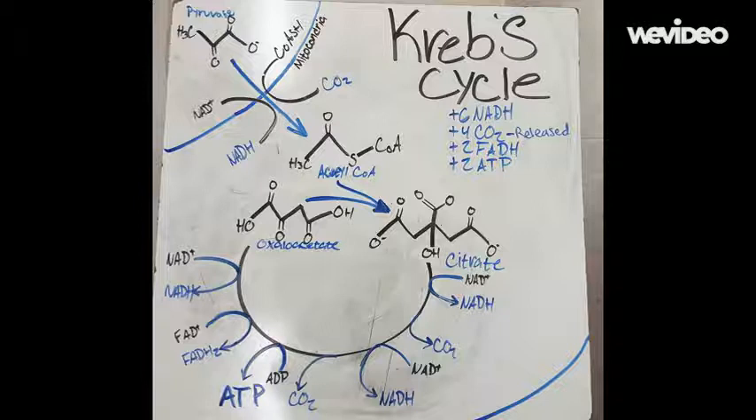Citrate will then lose a CO2 and also allow an NADH to be produced when NAD+ gains electrons. This happens twice and allows 2 NADHs to be produced and 2 CO2s to be released. Then adenosine diphosphate and inorganic phosphate bind together to make adenosine triphosphate, also known as ATP, the final